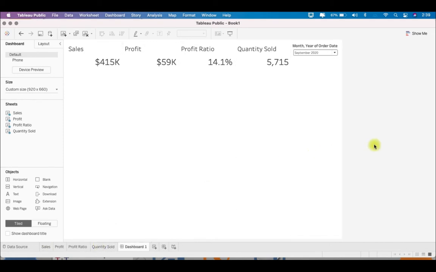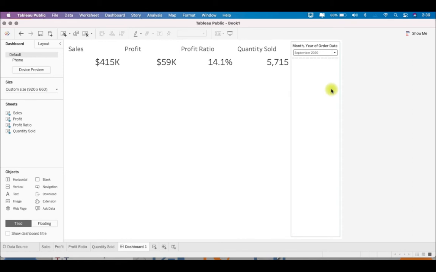Okay, so one of the challenges of creating KPIs on separate sheets is having to toggle between multiple sheets and adjust each one incrementally, right? Another challenge is performance. Although KPIs are extremely straightforward, you can optimize the performance of your dashboard by placing all of your KPIs on a single sheet.